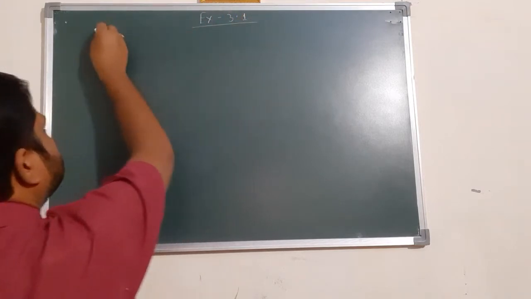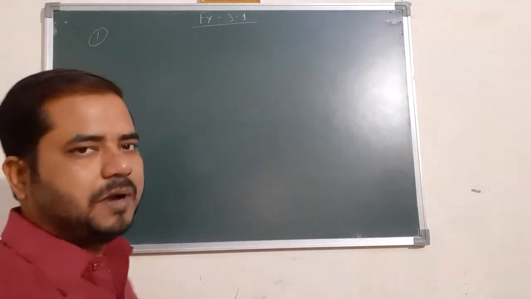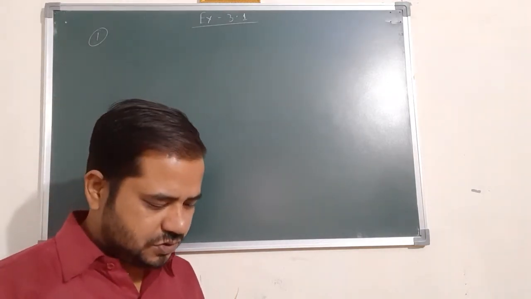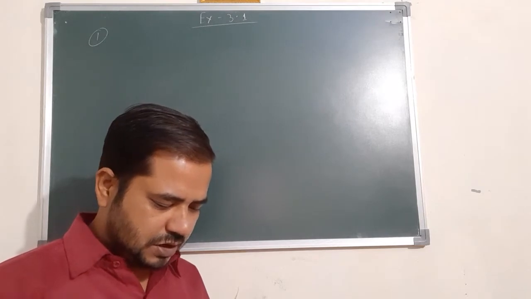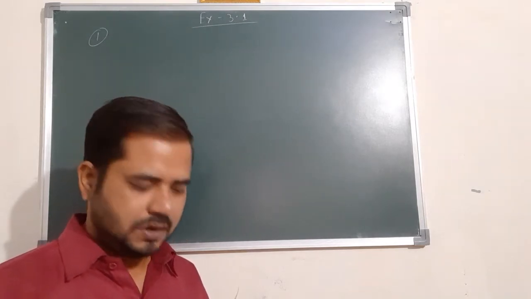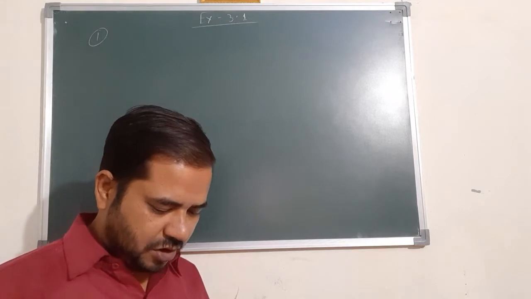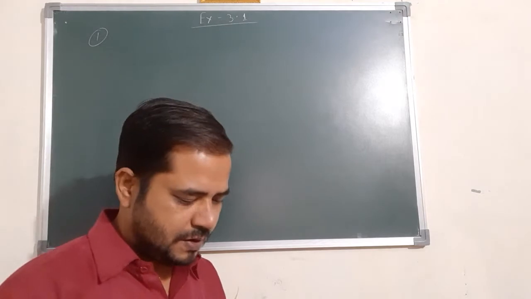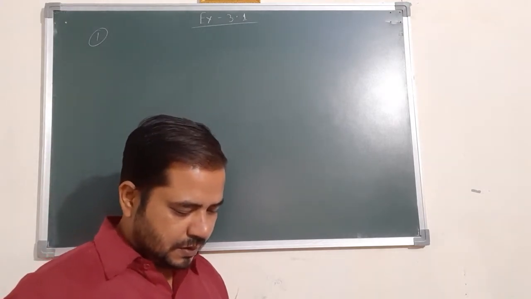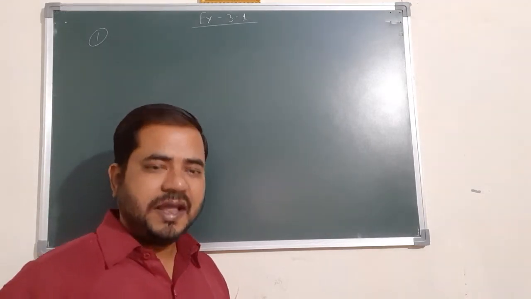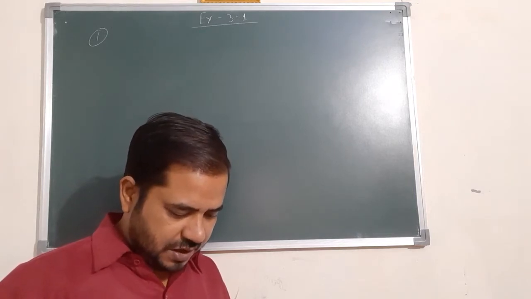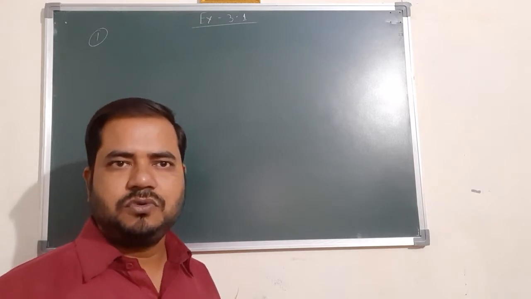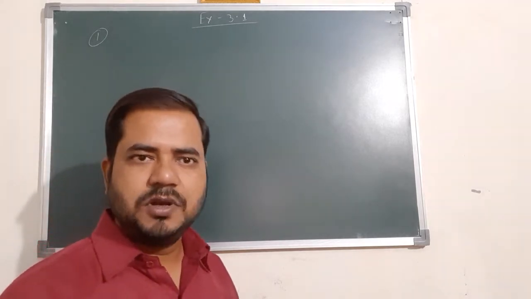In exercise 3.1, first question, we have been given a matrix and we have to find the order of that matrix. The order is 3 cross 4 because 3 rows are there and 4 columns are there. Clear? Second, the number of elements is nothing but 3 cross 4, that is 12 elements. And write the elements, A11, A12, A23, whatever. You can write the elements here.